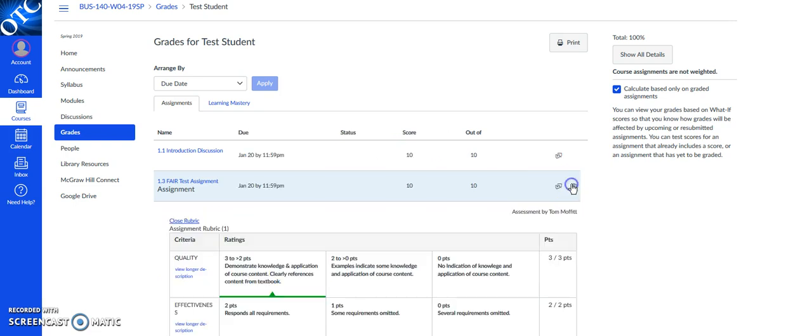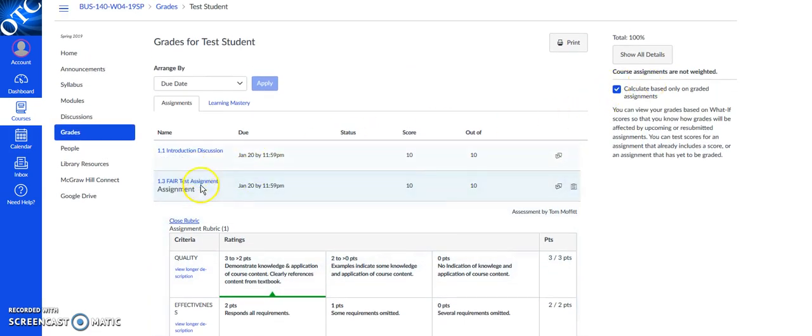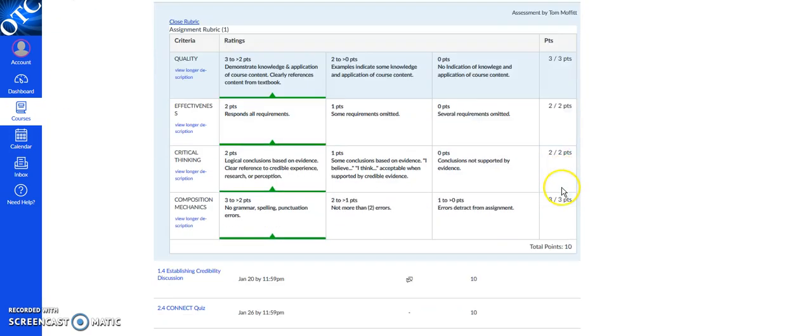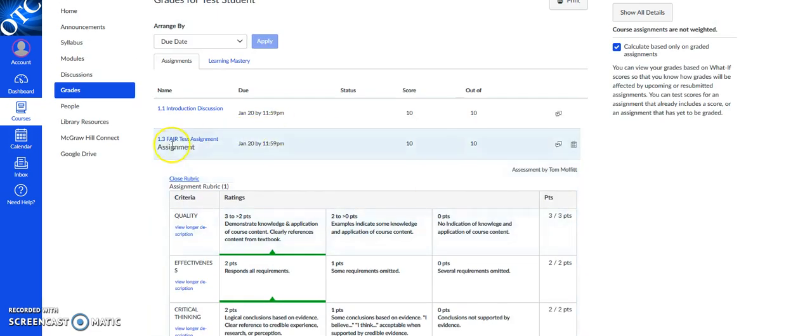If you click on this button here, this will show you the assignment. This will show you the rubric. It'll show you the points that have been applied, how many points you got. In this case, it was 10 points. Now, if you click on this link here,